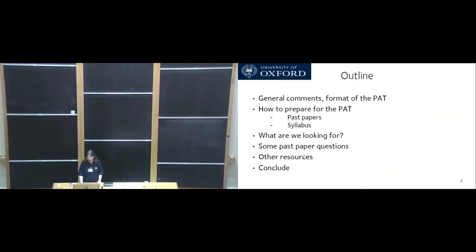Okay, so the purpose of this talk is to give you some general comments about the PAT, the format of the PAT, and how might be the best way to prepare. Outside there is a leaflet which says preparing for the physics aptitude test. What I'm going to talk about is basically on this sheet, but I'll go through some of the resources like